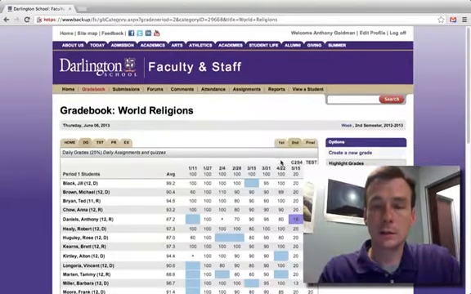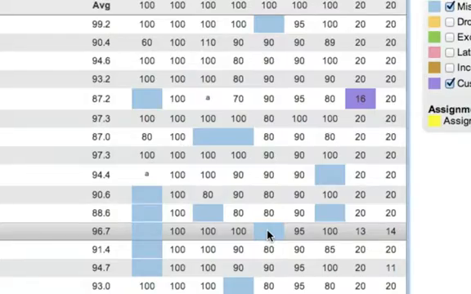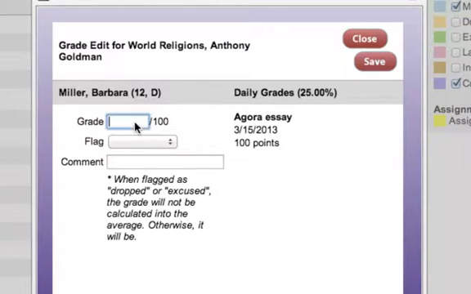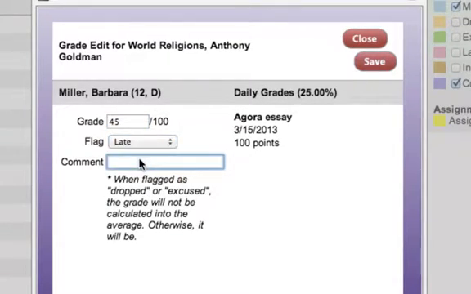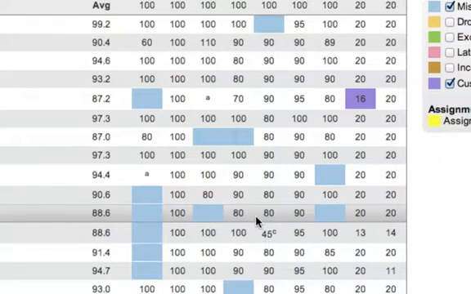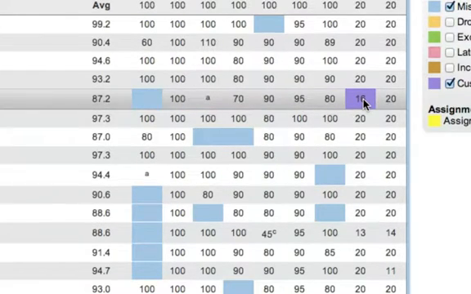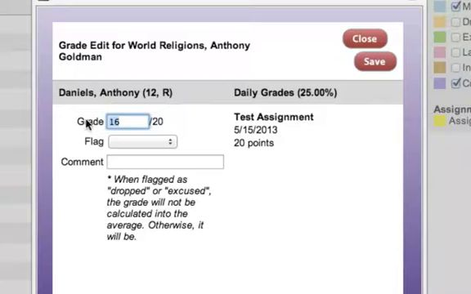fill up. The other thing you can do on this page, you can just double click that little box and you can enter the grade in a little pop-up. For example, this may be a late assignment. You can click Save, and then that grade is immediately entered and their grade's recalculated. And you can do that even in a box that's already got a grade. You can just come in there and edit